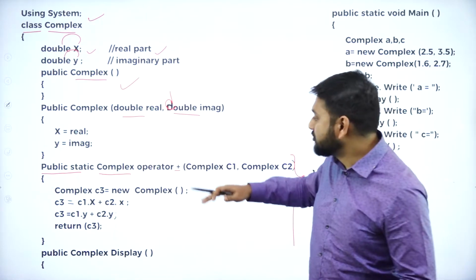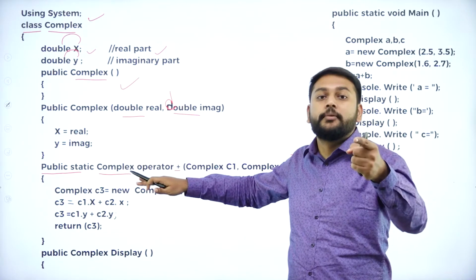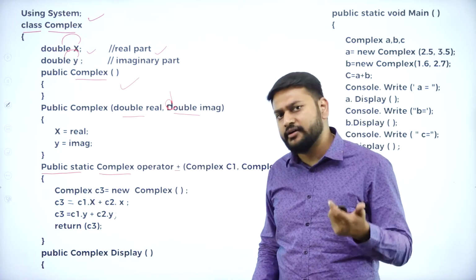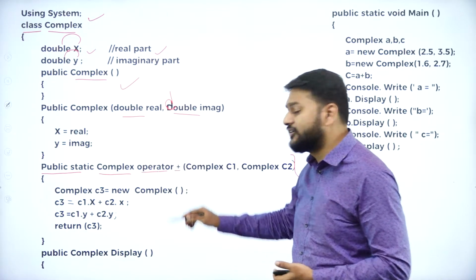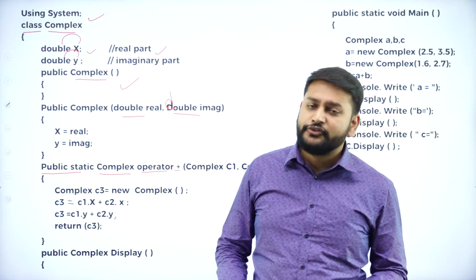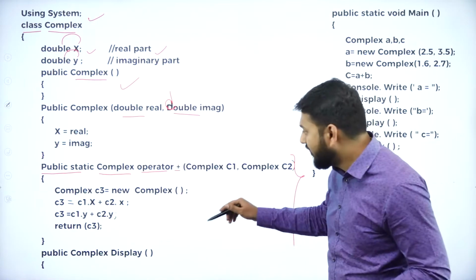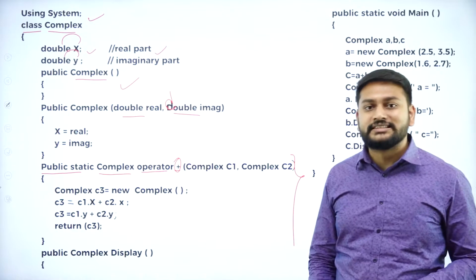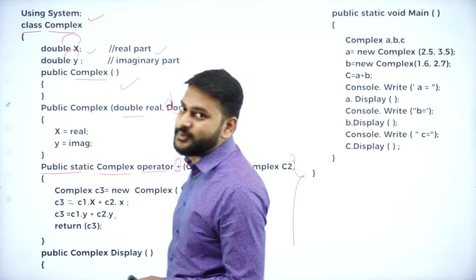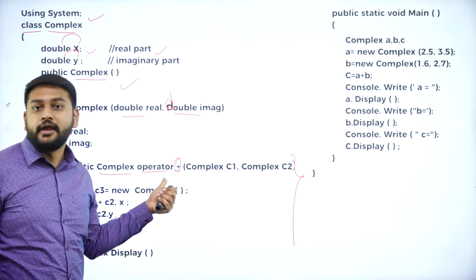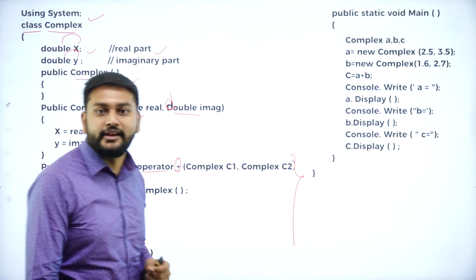So guys, I'm trying to return a value of type complex, is what you need to remember. Complex is a type, and after that I have to use a keyword called operator. If you want to overload any operator, you have to use the keyword operator, and then I have to overload the plus operator. Which operator are you trying to overload? The plus operator, and you all know that plus is a binary operator.